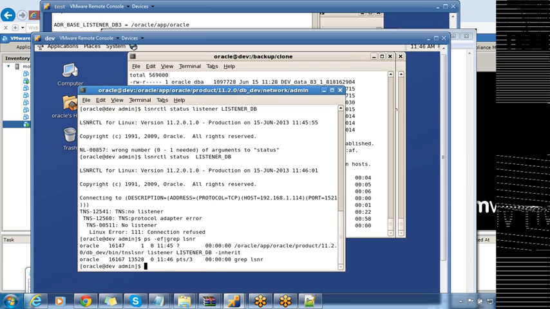grep lsnr. Okay, if you see here listener_db. Okay, listener_db is running, correct. lsnrctl status